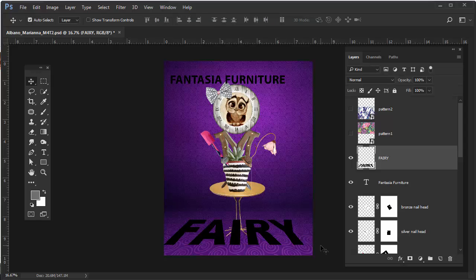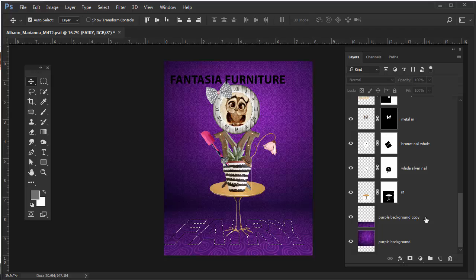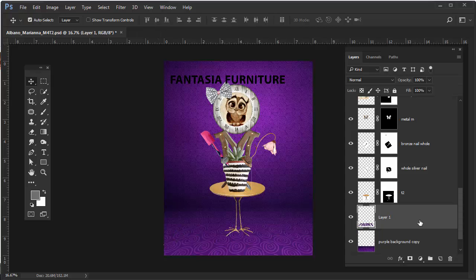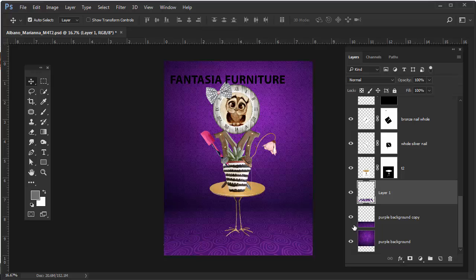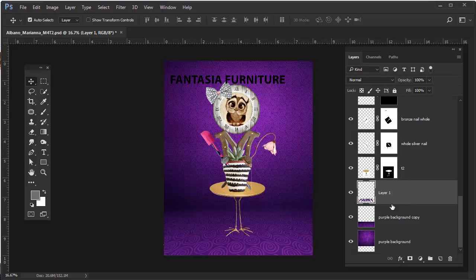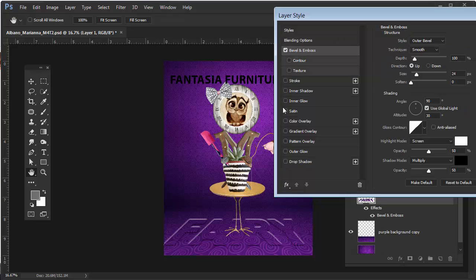Then I will Control click on the thumbnail for the fairy layer and hide the layer. I'll then scroll down to the bottom. All right, this is the base here. I will select that layer and hit Control J. Control J copies what's within that selection from that layer to the layer above. So it looks like that. Okay. Then I'll apply a layer style. So double click on that and go to Bevel and Emboss, and you can see the